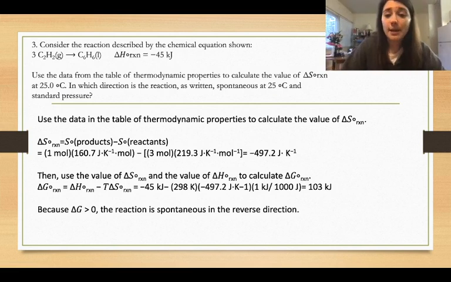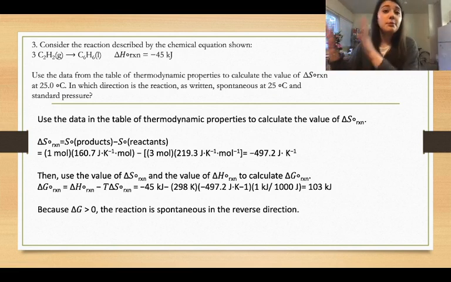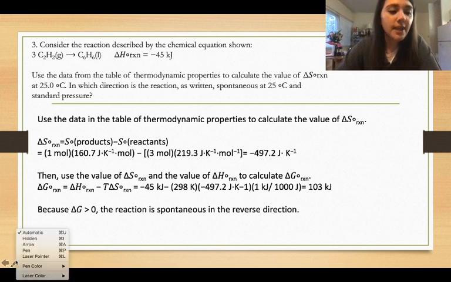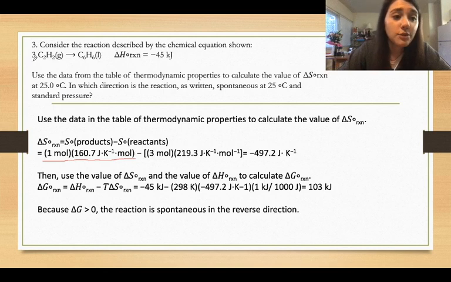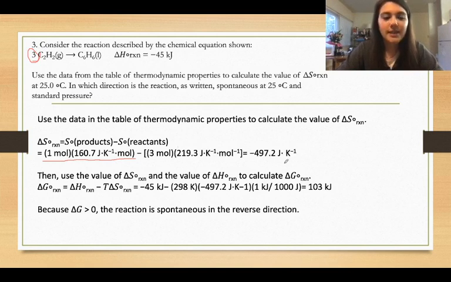So I'm going to use the data in the table. I don't have the table, but the table would be with you in your supplementary information. And I already know how to find this part of the reaction, where I take the products, subtract the reactants, and this is the sum, and I'm so sorry it's not written that way. But what's nice is I think I didn't do sum because there's only one of each, but I meant to say sum. And that's 1 multiplied by the standard entropy of the hexane, and then subtract 3 moles, because remember there's 3, so don't forget your coefficients, multiplied by its standard entropy,